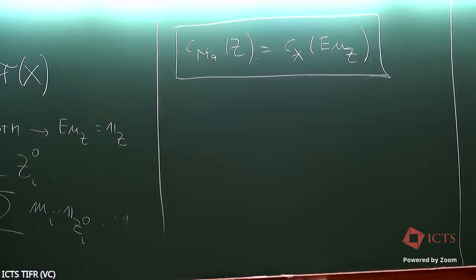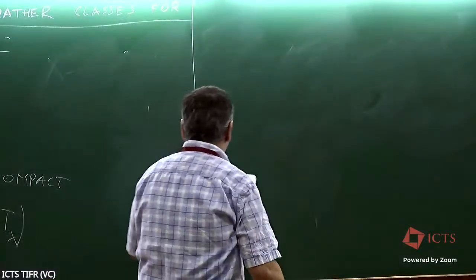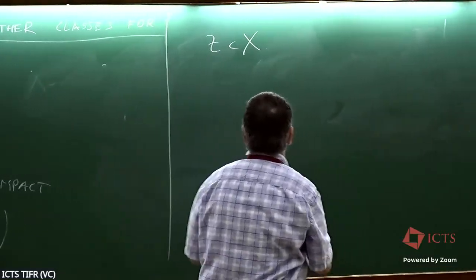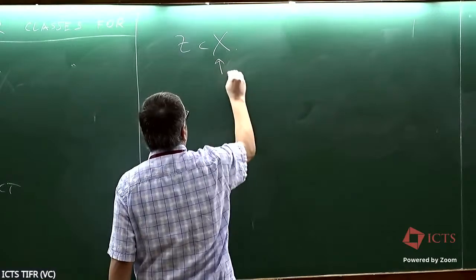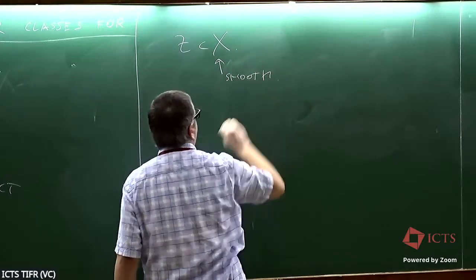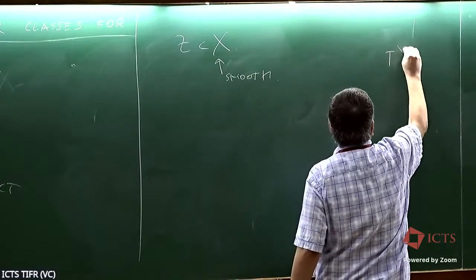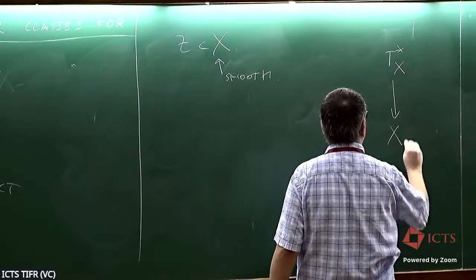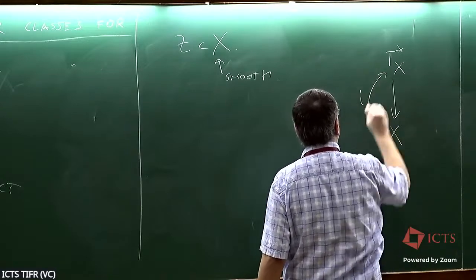So the Lagrangian model. I'm going to give here some statements that I attribute to Ginzburg and to Claude Sabbah independently in 1986. The precise statement I'm giving you can be found in one of Sabbah's papers. So it says the following. Let's say that we have Z in X, and now let's consider X to be smooth. So we want to look at the cotangent bundle of X. This cotangent bundle sits over X, and it has a zero section. This is the zero section here.